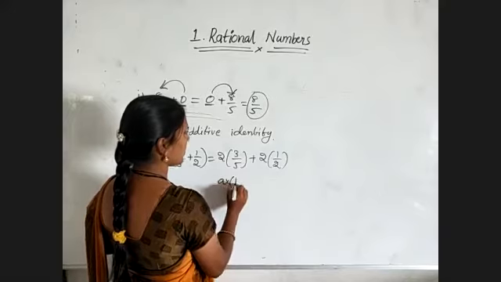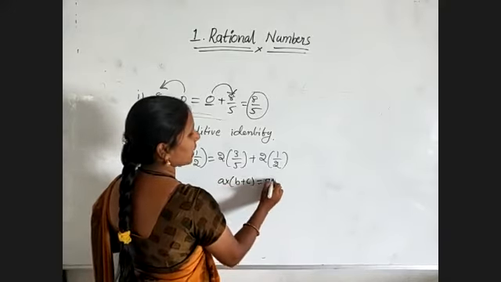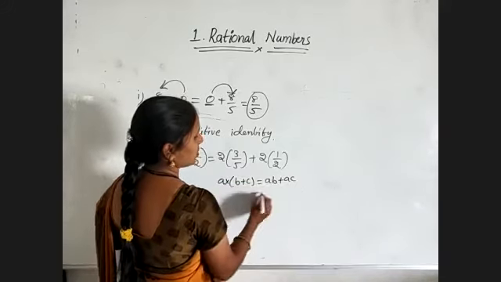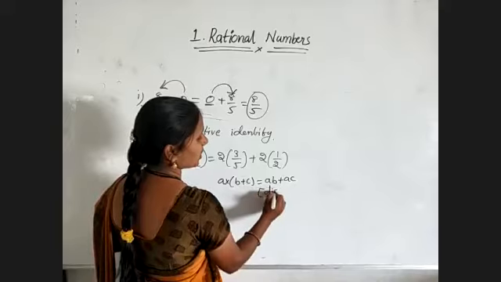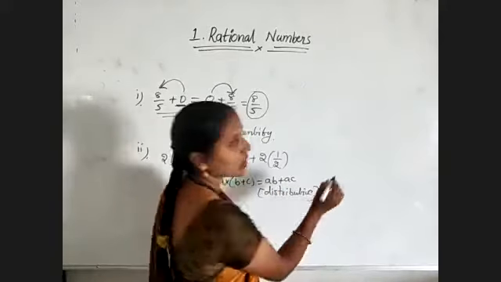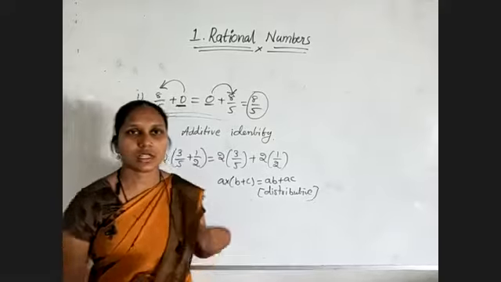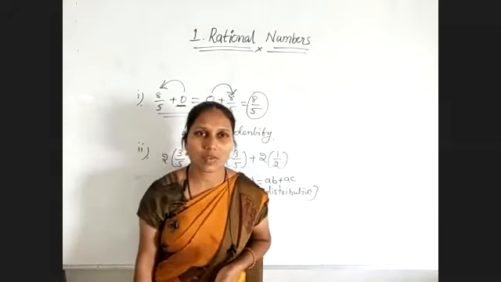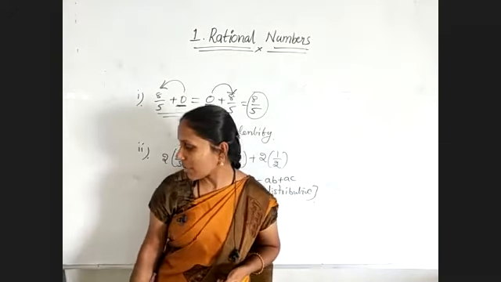A into B plus C is equal to AB plus AC. So it is the distributive property. Like this, several questions will be there. Practice, check your textbook. That is the problem. So very, very simple. And coming to the next step,